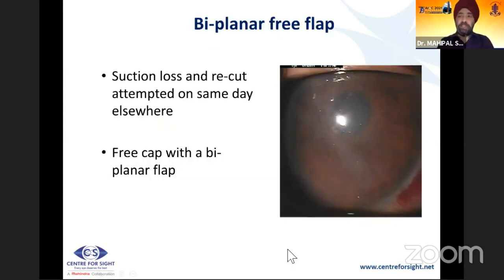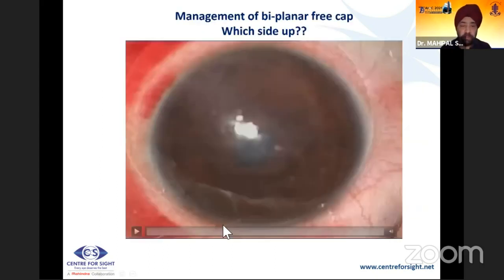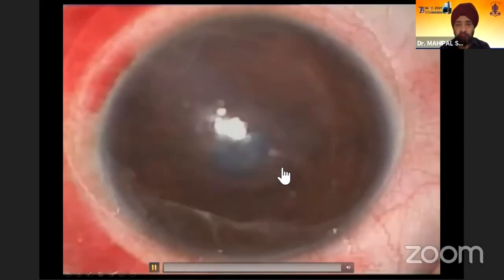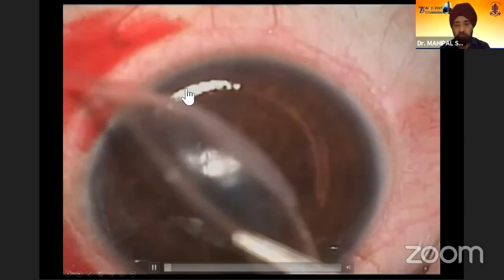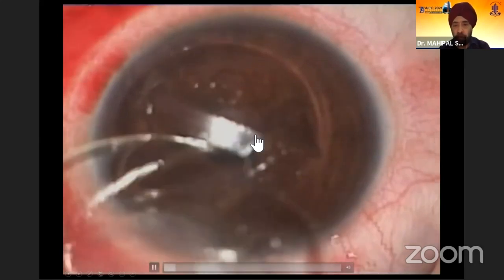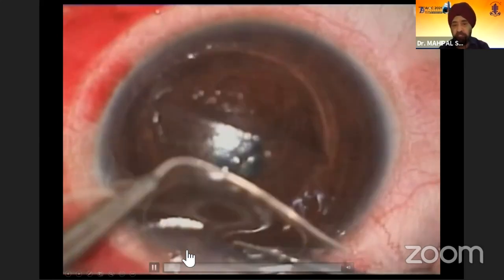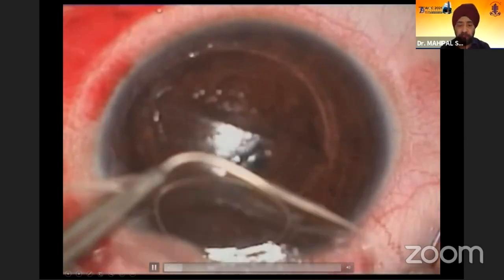Now, something I wish to say is that in case of a microkeratome, if there is a suction loss or a break in the suction, or if the motor gets jammed, do not withdraw and do not cut. The patient came to me after 3 days of the procedure. You can see an attempt has been made to put the free flap there. But if you look at the back side of the flap, you can see it's a biplanar flap. So when the motor came, most probably it came to this level, got jammed, went back, and then came at the next level. Therefore you are getting a biplanar flap.